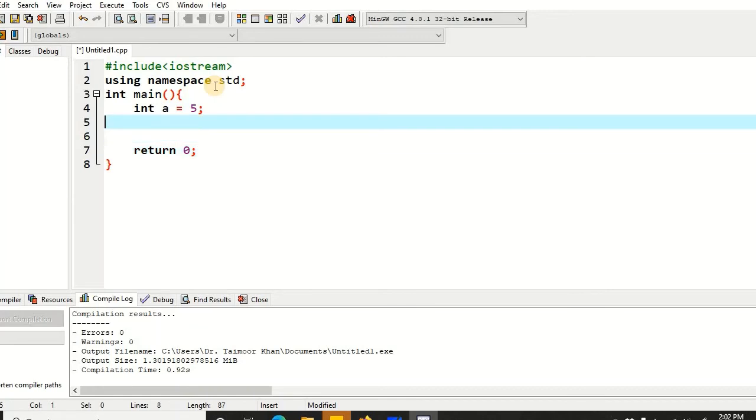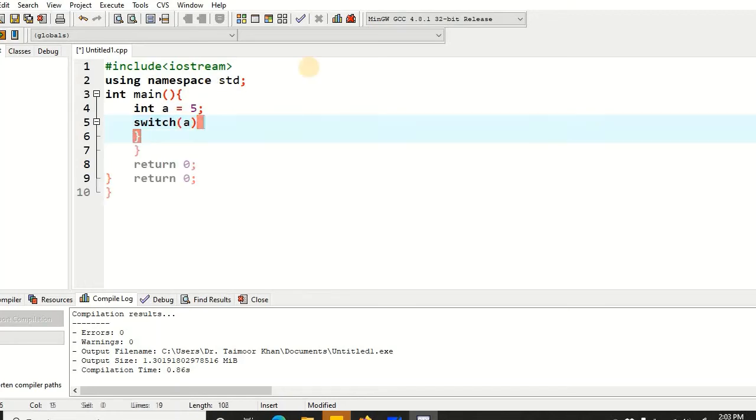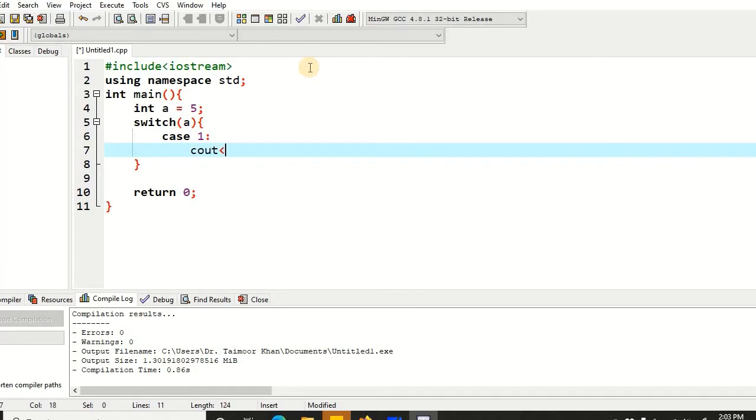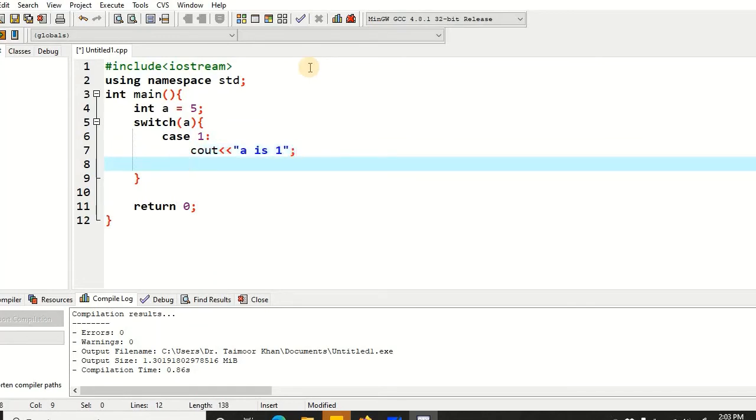As we said, a ladder if statement makes the code look ugly because there are too many conditions and probably indentations, so that is going to take a lot more code. So we can do the same in fewer statements and the code is going to be more readable if we use switch statements. So for that we have to use the switch keyword. We'll define its body, and now we have to provide different cases. So case 1 is, let's say, cout a is 1,